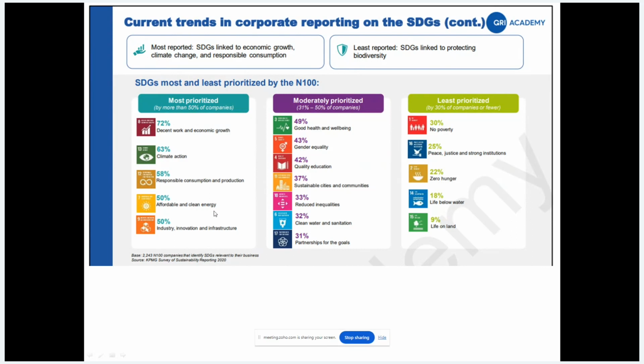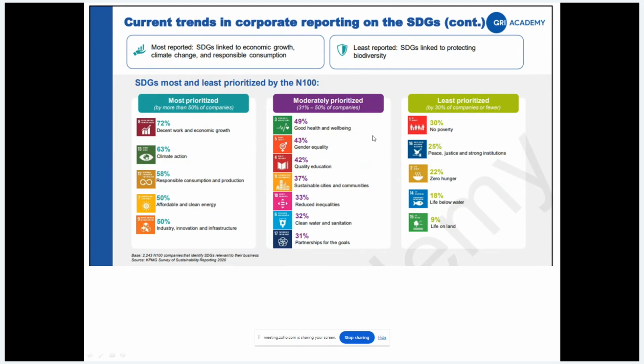Affordable and clean energy will definitely reduce your GHG also, and if in some countries there is carbon taxation, that will be reduced. So that kind of things are there. Responsible consumption means if you are consuming less, then automatically saving is coming to you. But climate action, definitely 63% of companies are reporting about climate action, the SDGs related with that. And